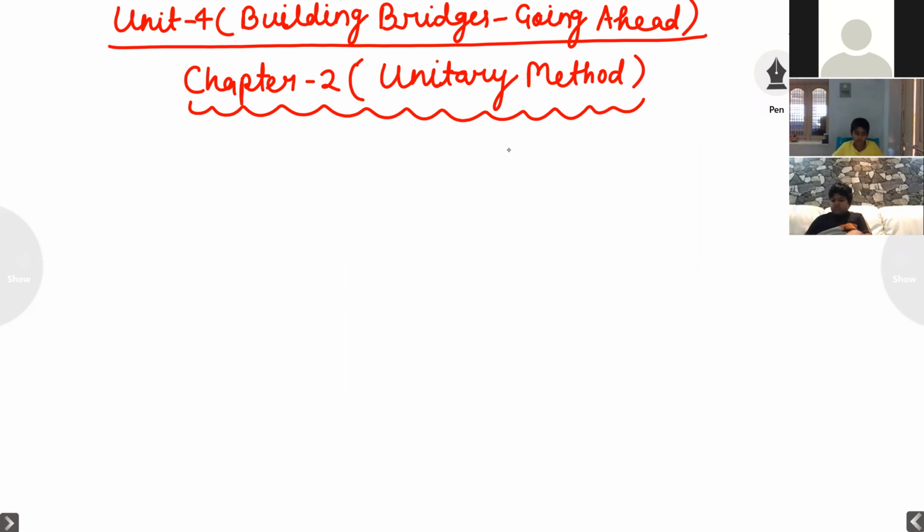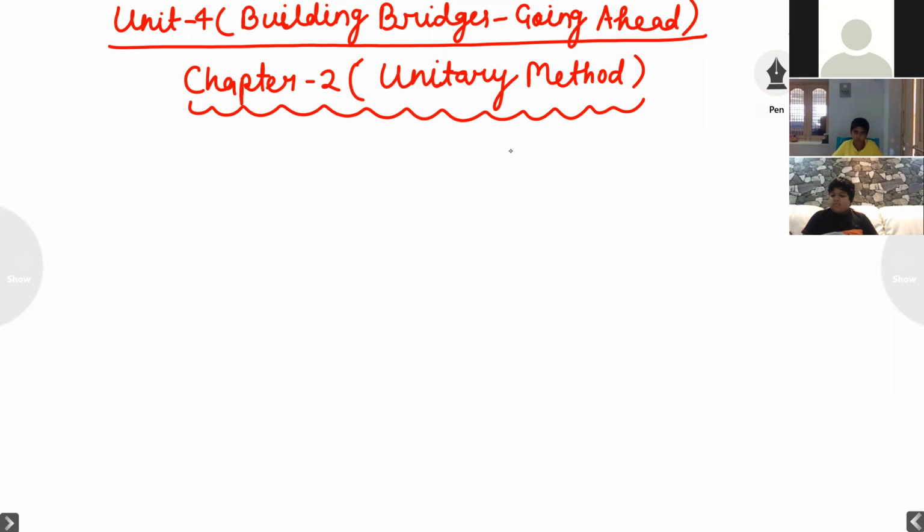In this method, if we know the value of one quantity, we want to find out the required value. Again, listen carefully. What is unitary method? The method in which first we find the value of one unit and then we can find out the value of required units. If I am asking, the cost of one pen is 20 rupees, find the cost of 5 pens, it means here we know the value of one unit, we are finding the value of required units. This is called unitary method.